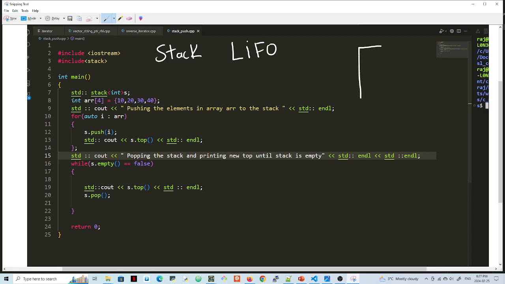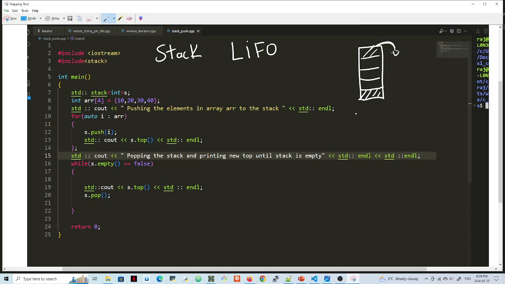If you think of a stack of books, the one at the bottom would be the first you place, and then you would stack some more books on top. But to retrieve them, the last one you put in would be the first one you can get out. So here I have an array: 10, 20, 30, 40, 4 elements,